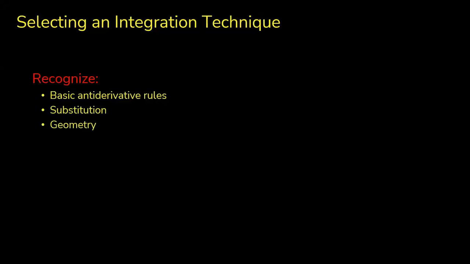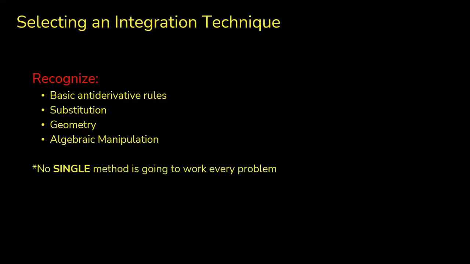One final topic that applies to everybody is being able to select the proper technique for integration. This is a huge skill in Unit 6, so being able to choose the right method is extremely important. You need to be able to recognize when to use basic antiderivative rules, when to use substitution, when you can just use plain old geometry if you have a graph or can easily graph the function, and how to do those different methods of algebraic manipulation. Now, there is no single method that works for every single problem,